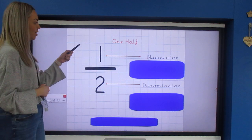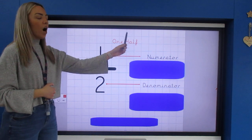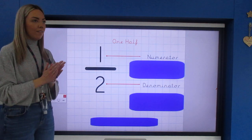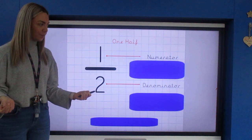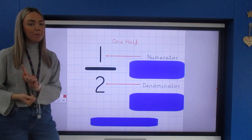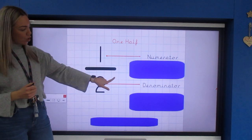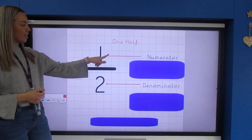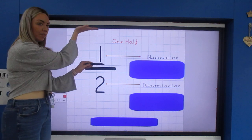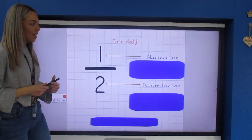Okay, so let's have a look a little bit further about what a fraction is. Now we've seen this fraction before, we saw it on Friday, and we know that this fraction means 1/2, doesn't it? It means we are finding 1/2, which means we are sharing between 2. Now, I'm going to teach you a little bit of something else to help you remember 2 special things about a fraction. You will see that there are 2 arrows here. The first arrow is the top number of our fraction. The number that sits above the line. So this is the line here. The number that sits on top of the line is called the